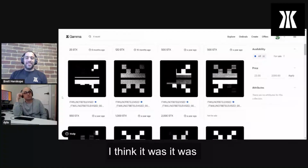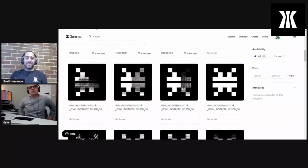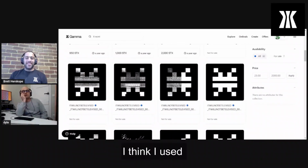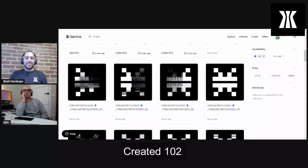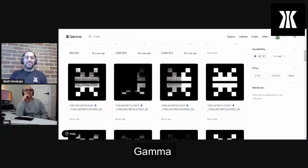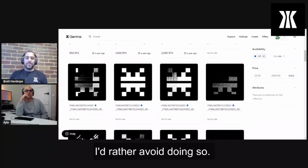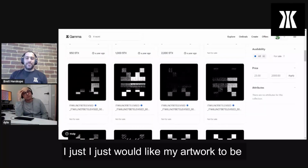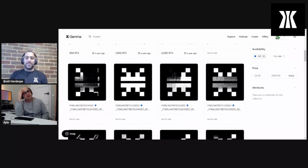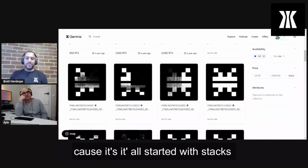I think it was the only collection until now where I used the symbol of the cryptocurrency. I think I created one or two more, actually as part of Gamma collections. So I'd rather avoid doing so. I would like my artwork to be completely independent. But this was the moment I wanted to express my gratitude, because it all started with Stacks,